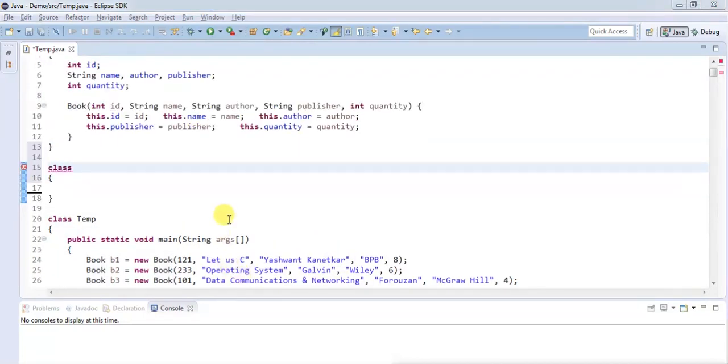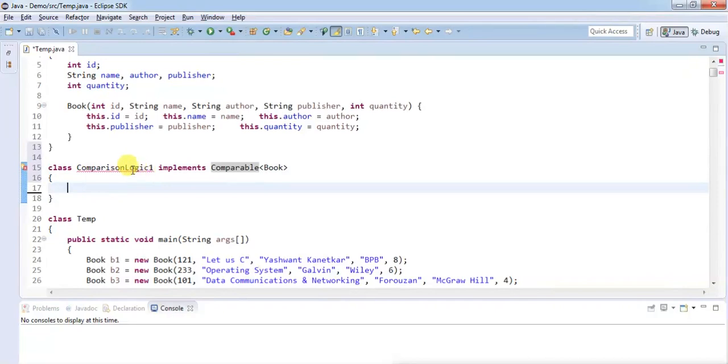Let's build it. Actually, let's call it ComparisonLogic1, which implements Comparable, and it is also of generic type. I have to tell it that it should be of type Book, and it is giving an error saying that you are not implementing the method.